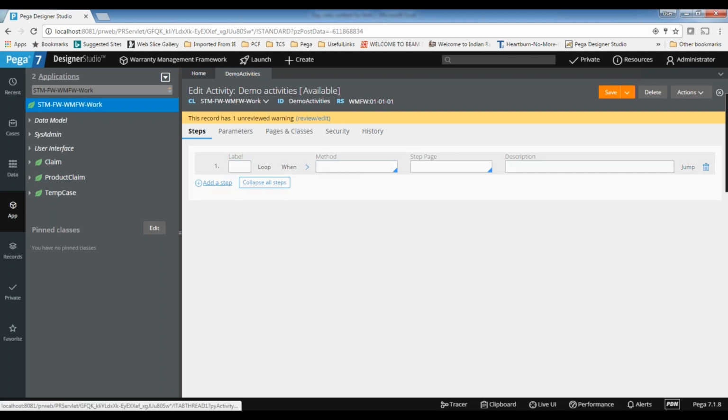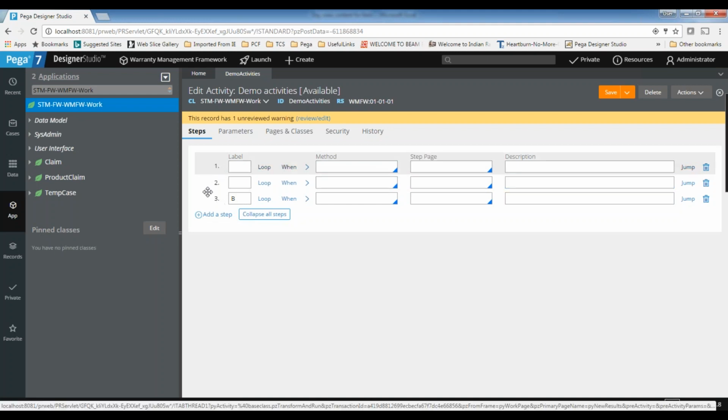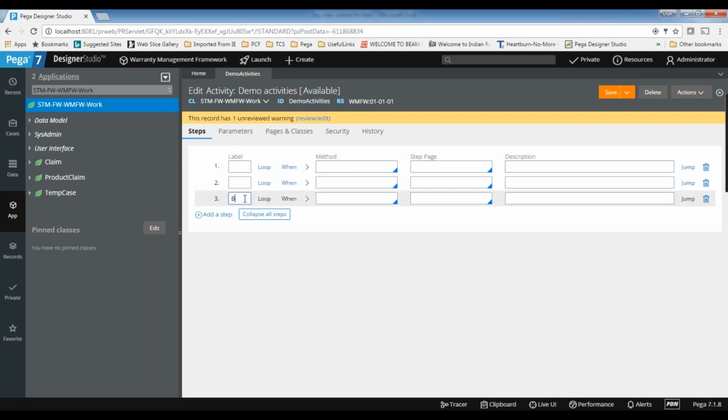Let's say I am writing some logic here and I want to jump from step number 1 to step number 3. I cannot use step numbers in the logic, so I can use step labels only. You need to give some name for the step label and then write the logic to jump to it. It's just like naming the step. So the label indicates the name of a step. How to jump we'll discuss in the later columns.